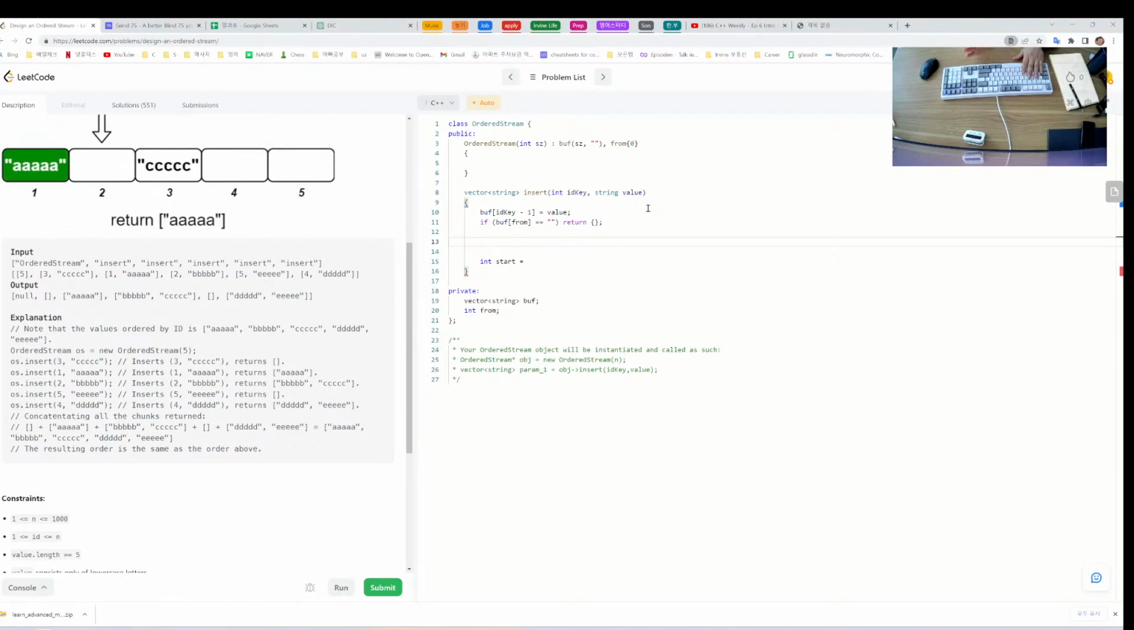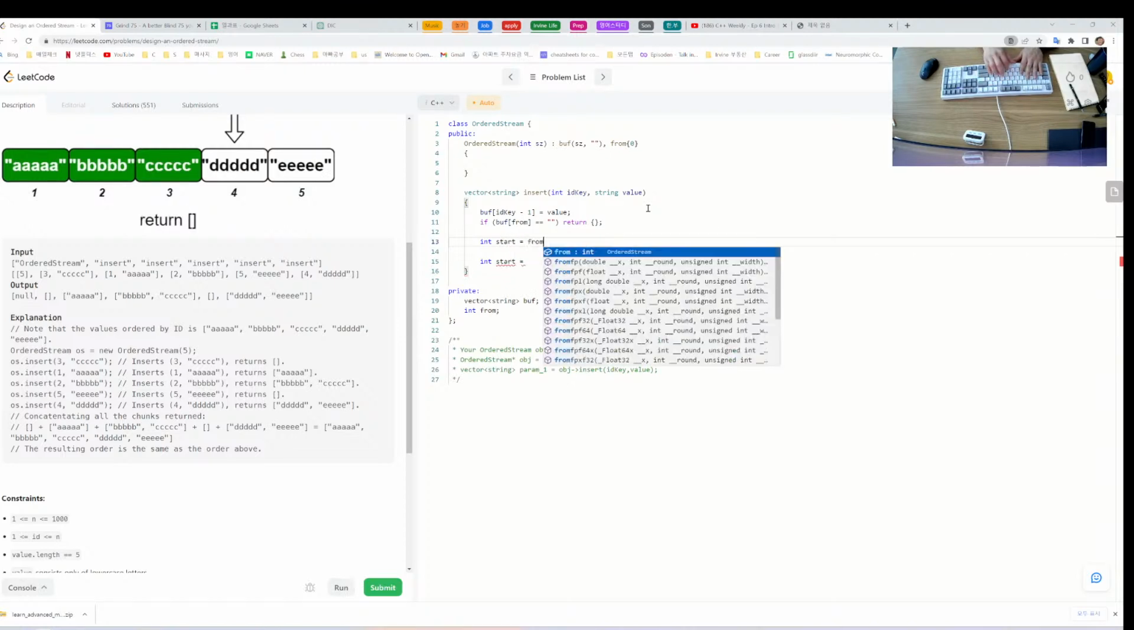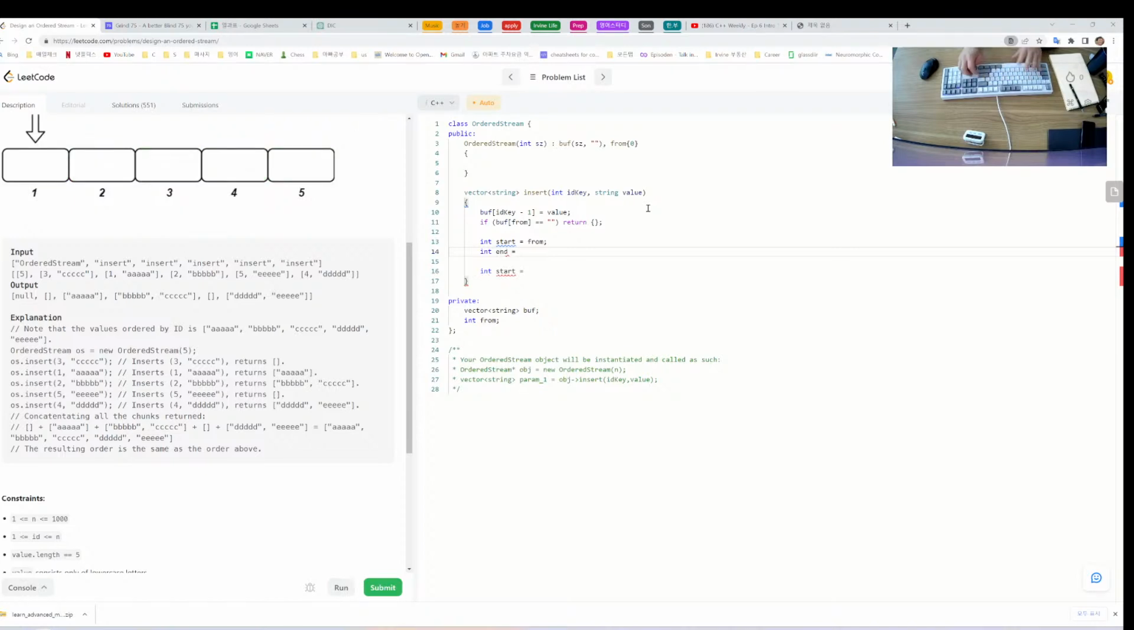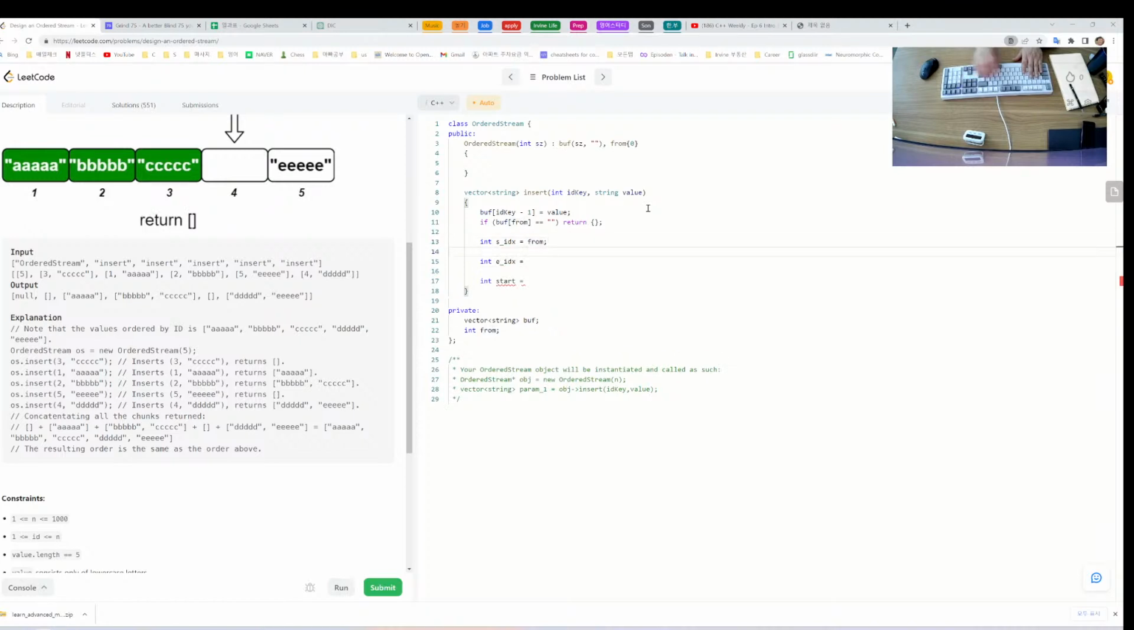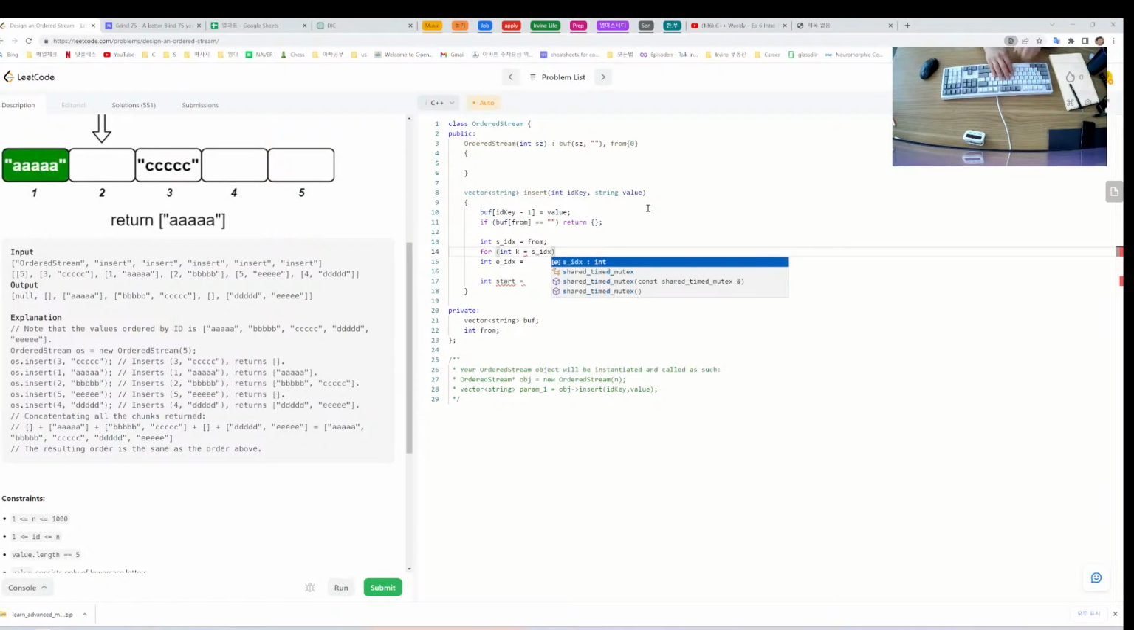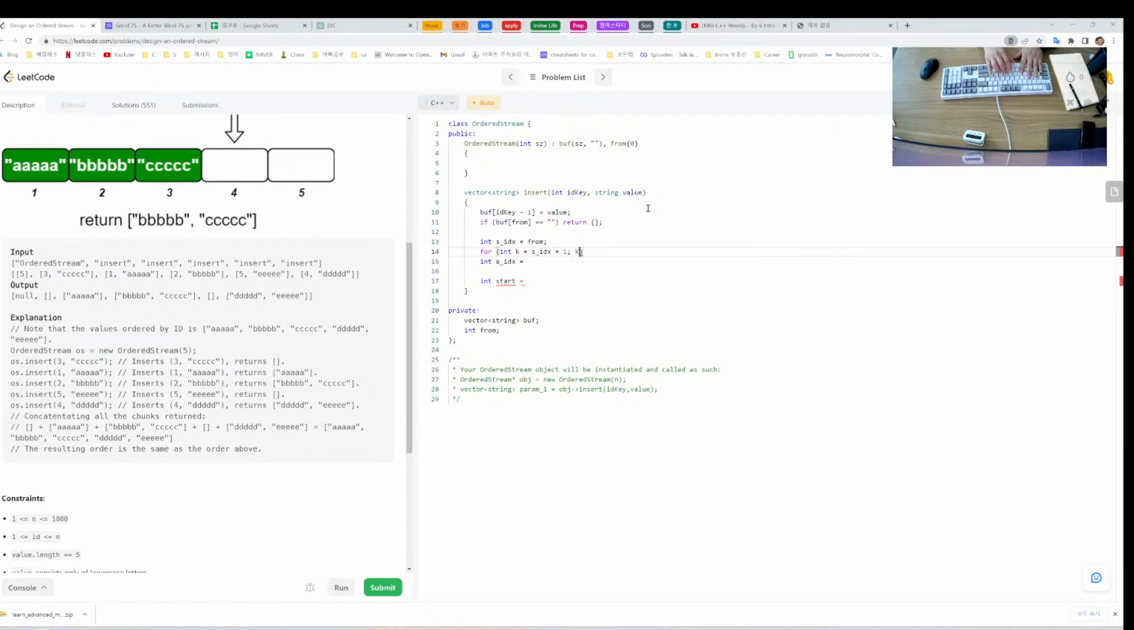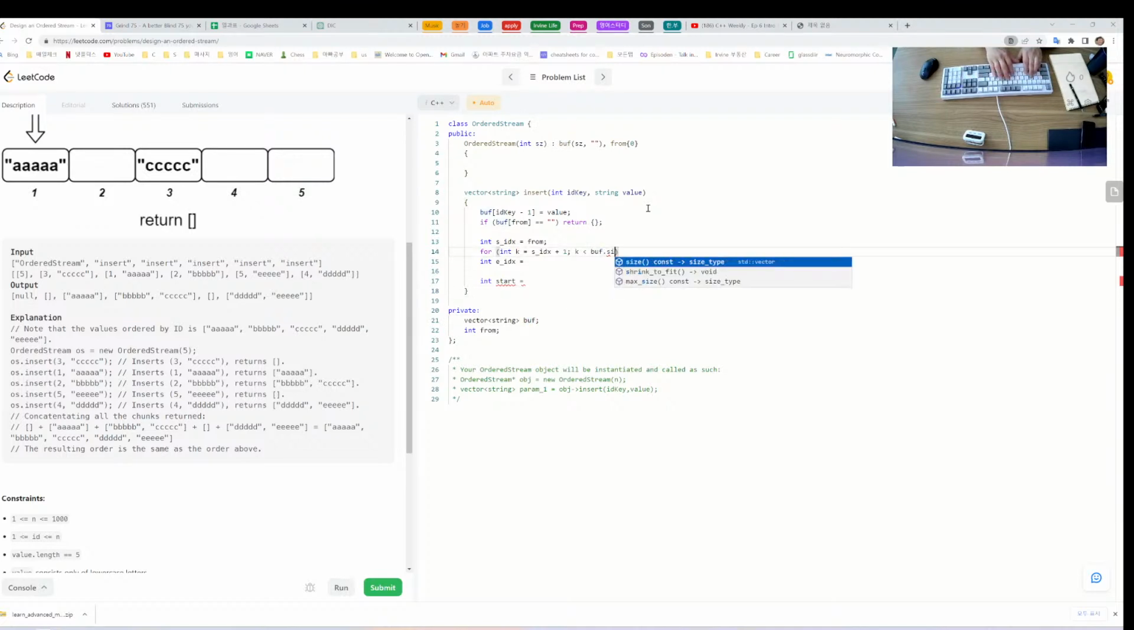If not, int start, let's say start from the int start, index int, and then for int k equals sidx plus 1 until k is less than size of buffer. We'll move k, then